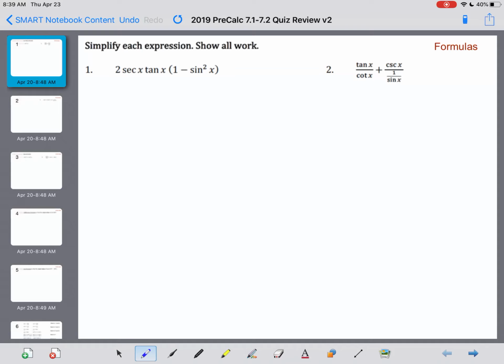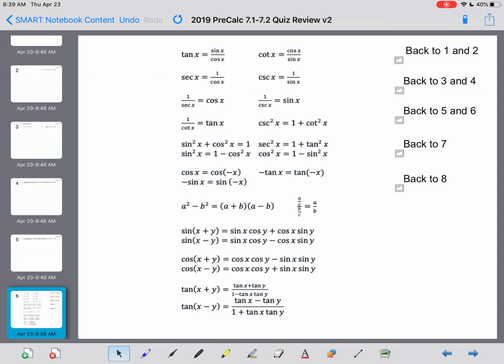So starting with number 1 here, looking at simplifying the expression, showing your work here. First of all, this piece right here is going to equal cosine squared by one of our Pythagorean identities. If we take a look here at the formulas, that one would be part of this one right here. These two guys are the same formula here. So moving back,